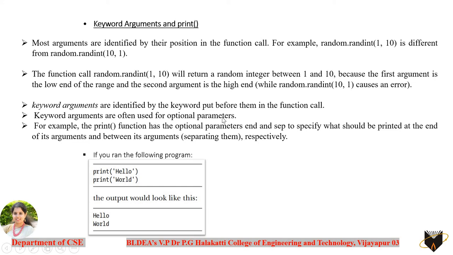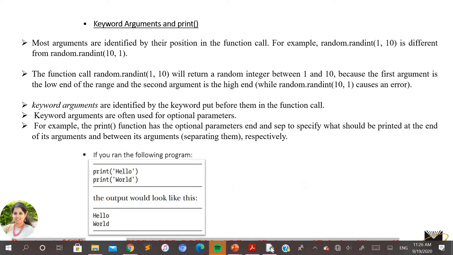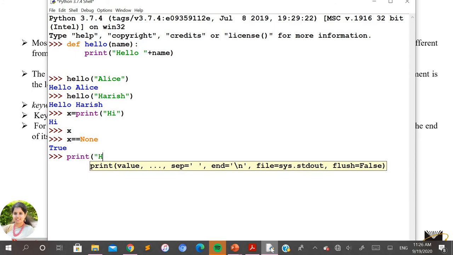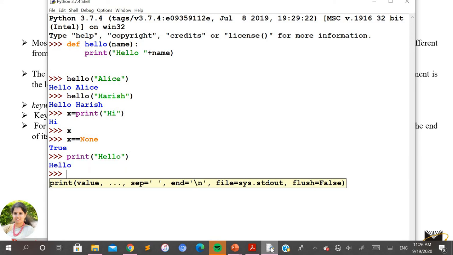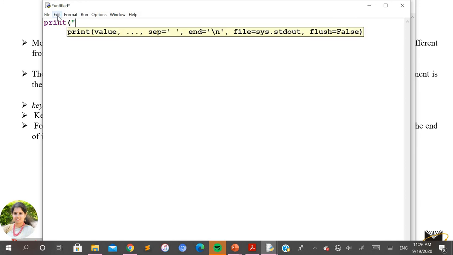So one more thing I haven't told you yet here. Whenever you use the print function, by default the print function is going to display the output on a new line. So for example, you can see here print hello. I'll just press enter. It is printing on a new line here. Here it might not be clear, so let me take a file here. I'll just take two print statements here. Print hello.